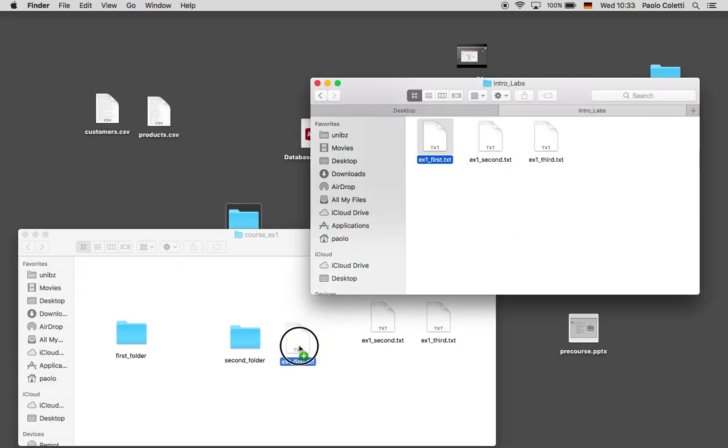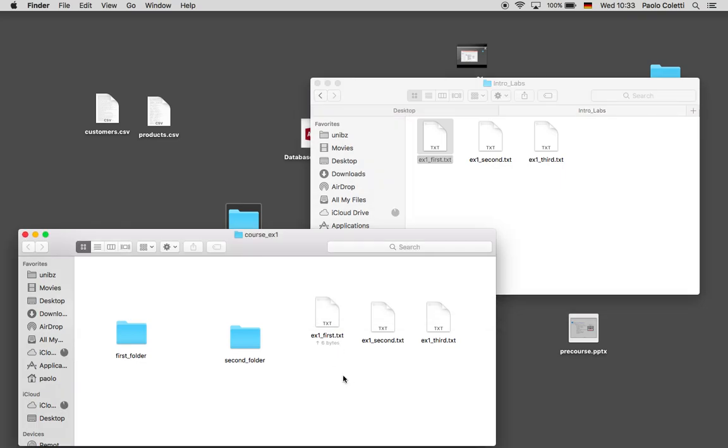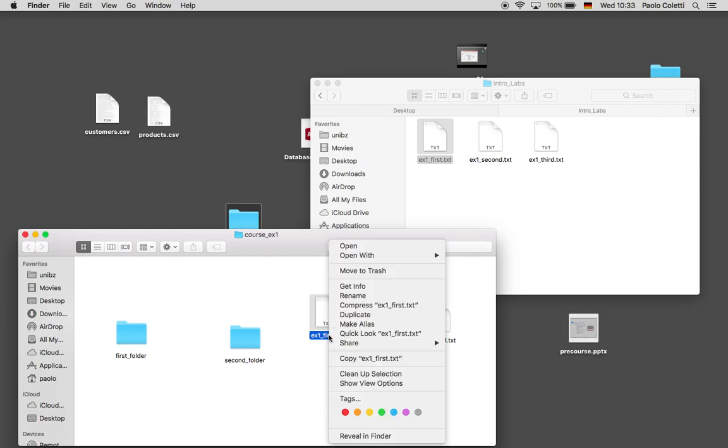Okay, let's see how to move a file. First of all, I will copy it back. Okay. So I will now take these files and move them to second folder. Unfortunately, moving a file on the Mac is not something easy. Seems strange. Okay. So the cut and paste alternative, which exists for Windows, on the Mac, it's not viable. Because Mac users, according to Apple, must be handled with care, and they cannot cut and paste.